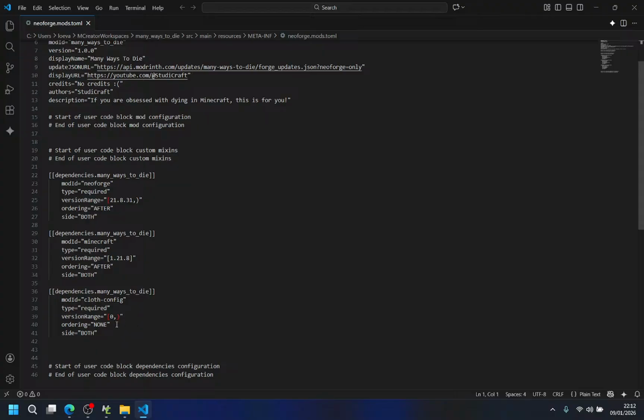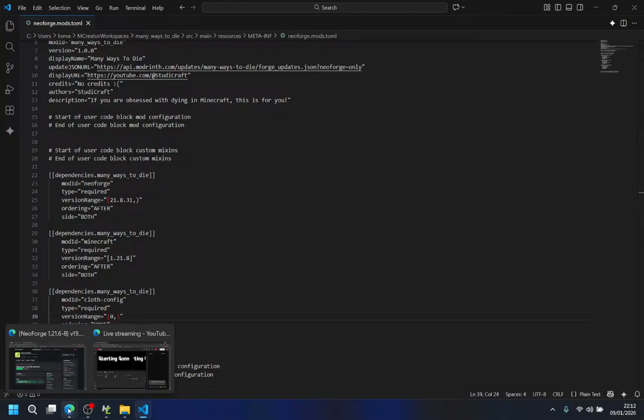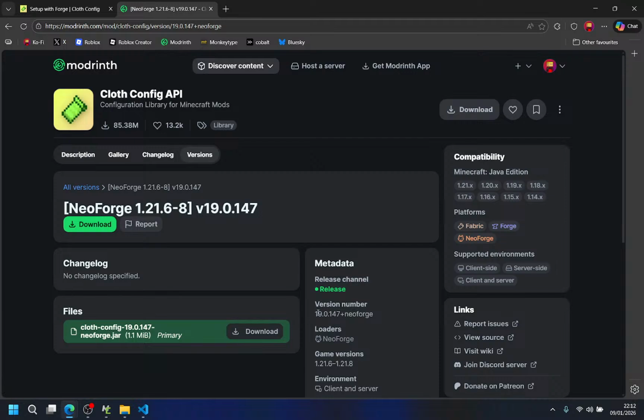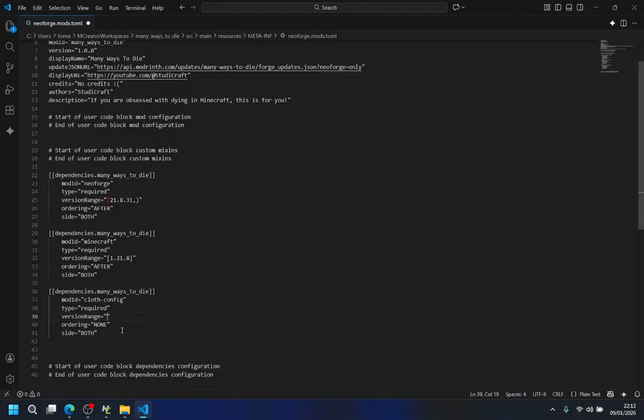It skipped everything I've done. Okay, now I'm gonna sue them. Oh nah. Okay, let me copy the version number again, because of course I have to. Because the above or equal to this config is gonna be dash neoforge. I'm gonna do Ctrl S. Now it should be saved.